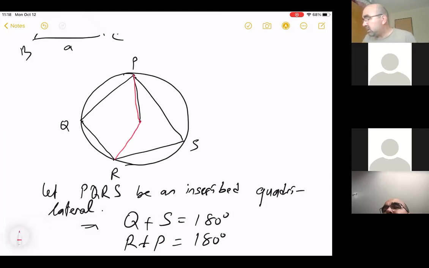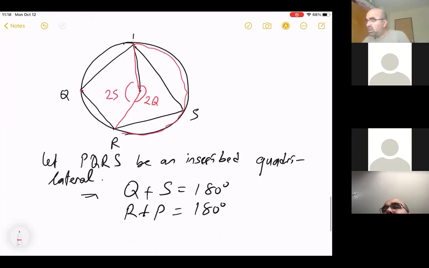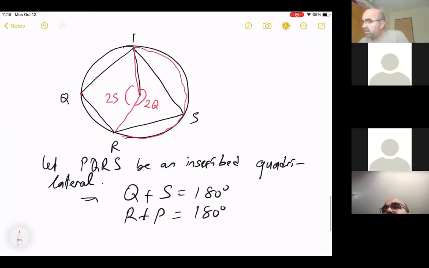If you look at this arc, it is subtended by the angle Q, so the central angle is 2 times Q. And that angle is 2 times S. Because